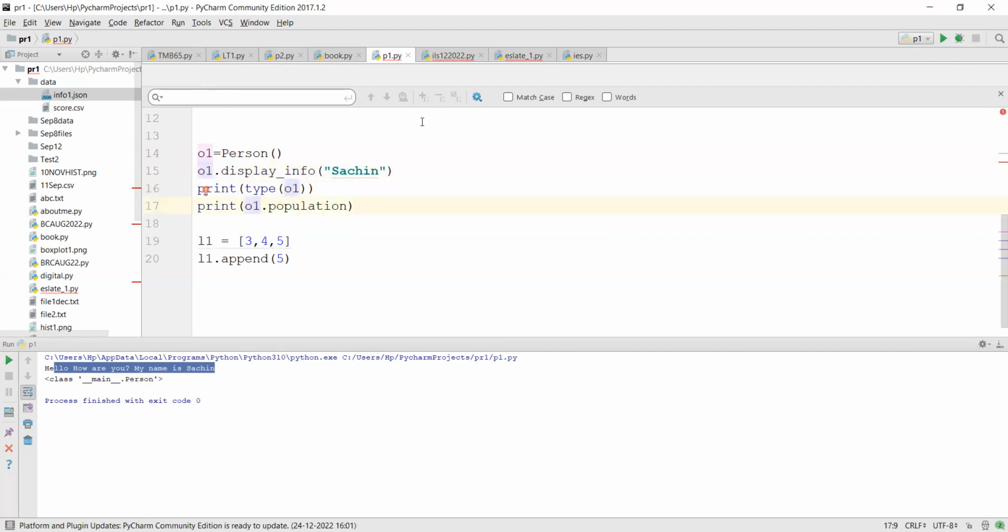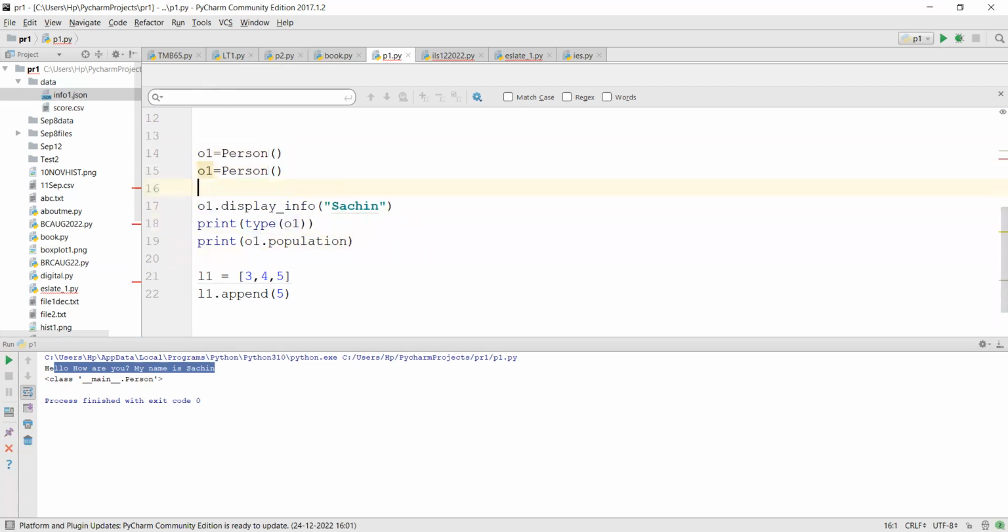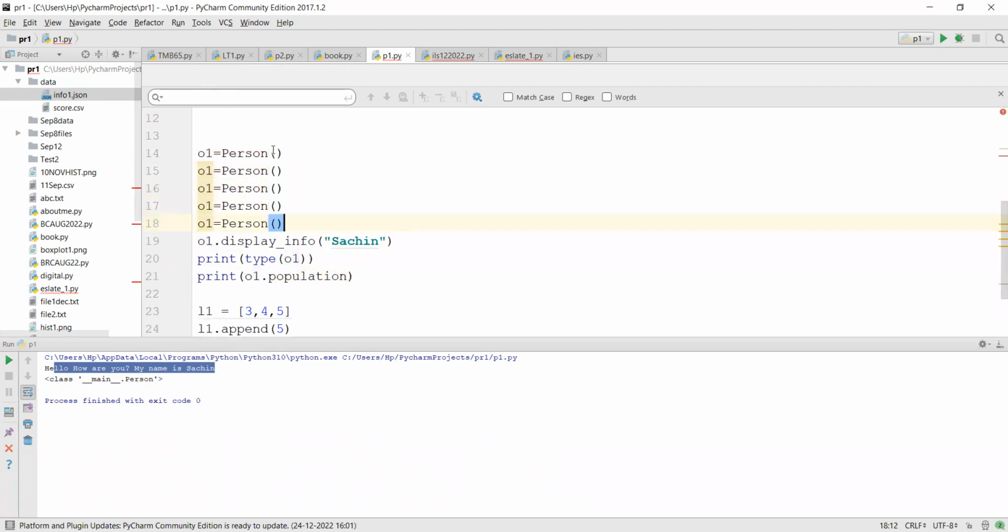Okay, you get this. So I can create multiple objects. I can create O1, O2, O3, O4, O5. Okay, so now I have 5 objects. Now display info for each of these 5. So I have to say display info Sachin